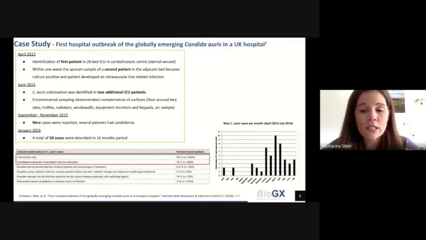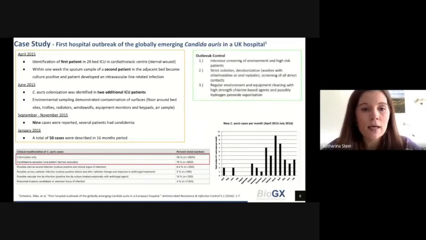And the healthcare facility put in place preventive actions and protocols to combat the outbreak. They did an intensive screening of the environment and also of high-risk patients to monitor the situation. And then once a patient tested positive, they were placed in strict isolation, and all direct contacts were